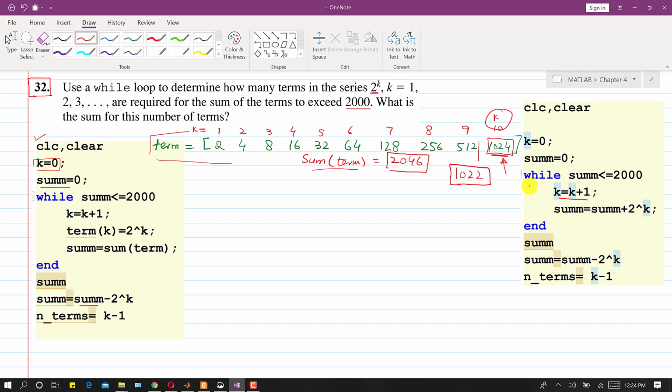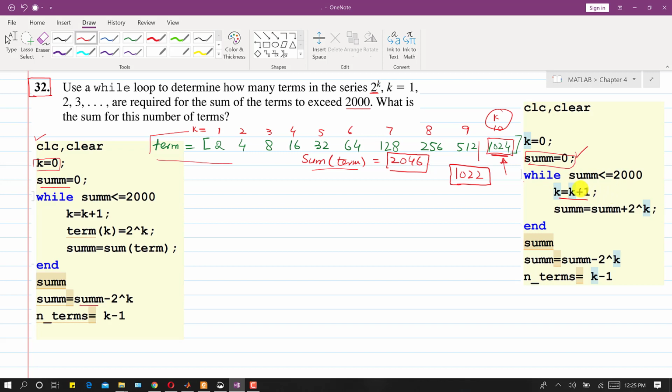Initially, in the first iteration the k value will be 0, so it will check if sum is less than 2000. We have stored the value of sum as 0, so we must initiate this sum. If we do not initiate it, the while loop will give us an error. It will check if sum is less than 2000, yes, it is, so it will update k.